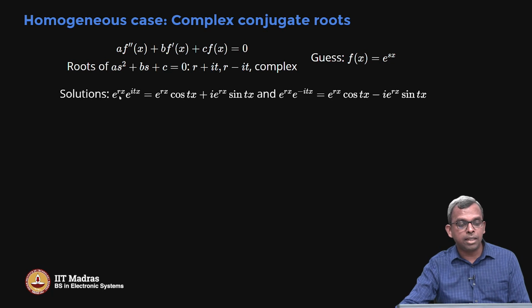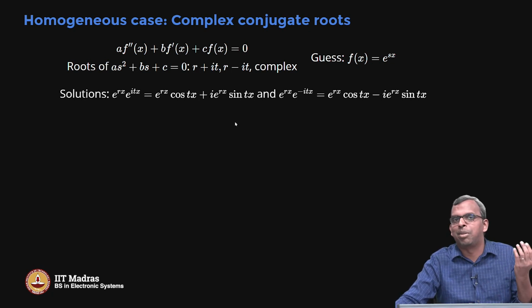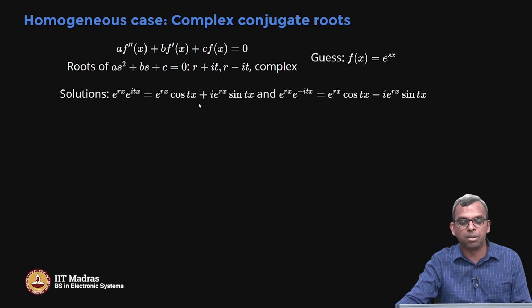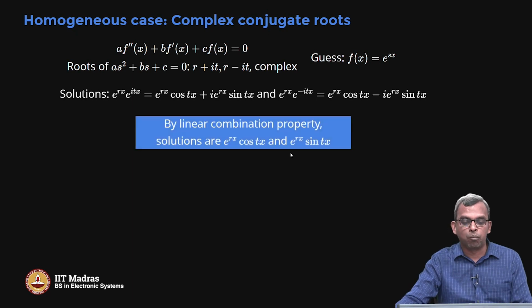So notice that these two solutions are themselves actually linear combinations of two other functions, e power rx cos tx and e power rx sin tx, except that the combinations now are allowed to be complex numbers. Why not? We are happy with complex numbers. We know how to deal with complex numbers. So we'll allow that. So these equations themselves are linear combinations. So much better set of solutions for this case, in the complex case, which comes out to be real and nice, is these